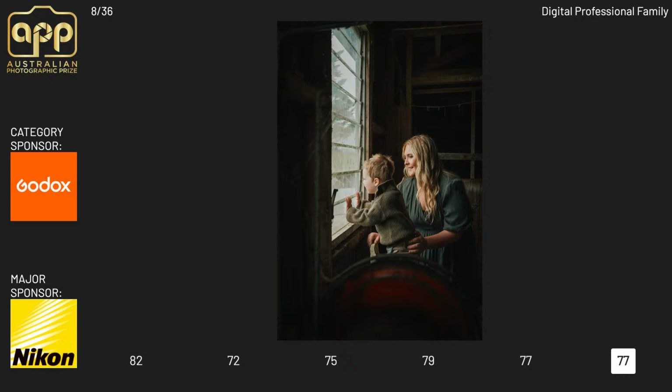And your right of reply, please, Jacinta. I think Nathan pretty much summed up the way I viewed this image. I feel that it's more about the mother and the connection with her son rather than the son's connection with the mother. That expression on her face, what they're looking at outside, it's a story. You can read into it, you can take out of it what you wish. I think it's beautiful. I think we only need a couple more points. Let's bring it up into the silver.